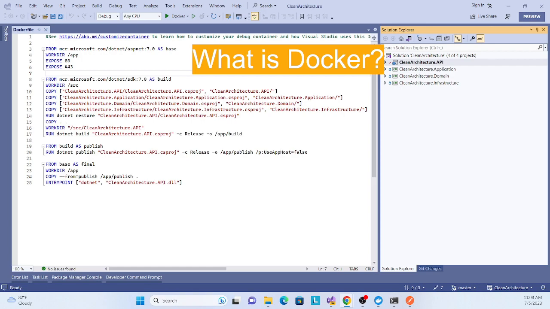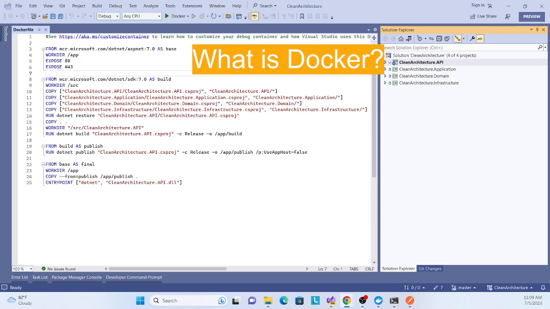A container provides an isolated and consistent environment, ensuring that the application runs smoothly across different computing environments such as development machines, testing environments, and production servers.